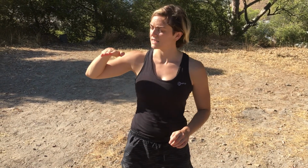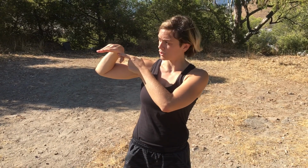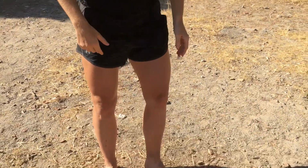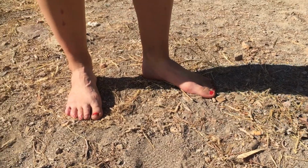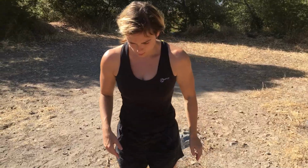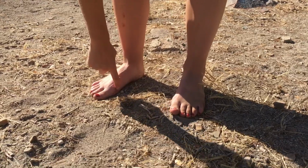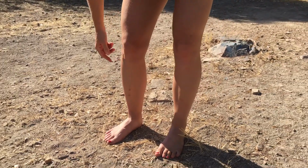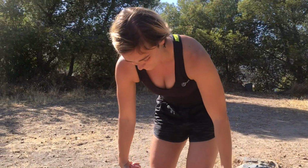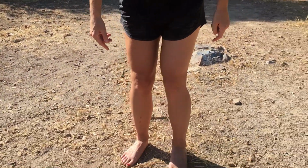The second most common mistake I see is flat foot. So flat foot means that the natural arch of the foot is lost. So then you get a flat straight line. That also relates to problem 4 that I'm going to talk about, which is the knee positioning. So what that looks like is that instead of the arch here, it's completely flat. So when you look down, you'll be able to see that there's no arch on the floor, and then the ankle comes in, and then